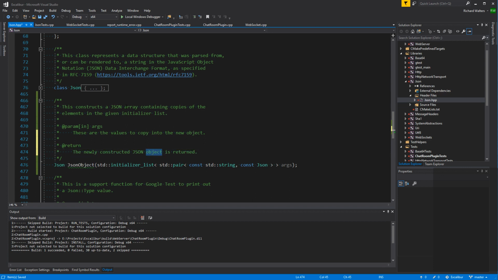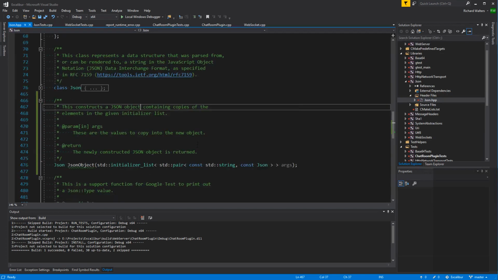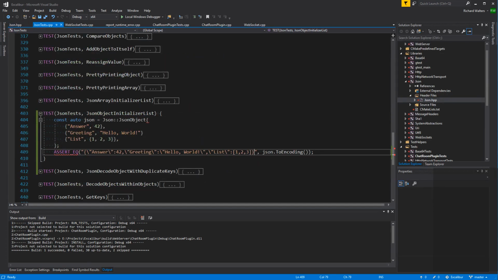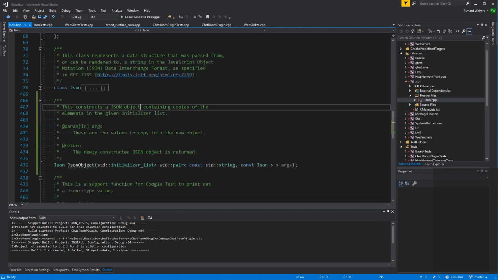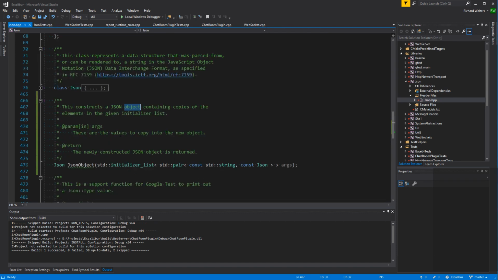If you remember from the JSON streams that I might have had, a JSON object is a complex one with the curly braces. An array is an array, and a simple thing like 42 is a value. So object doesn't mean just any kind of thing in JSON. It's specifically a structure with the curly braces. So we declared it.